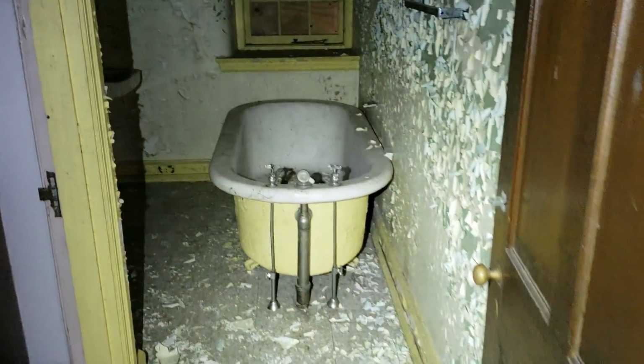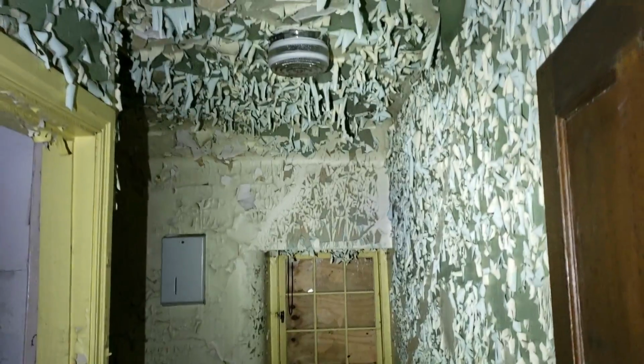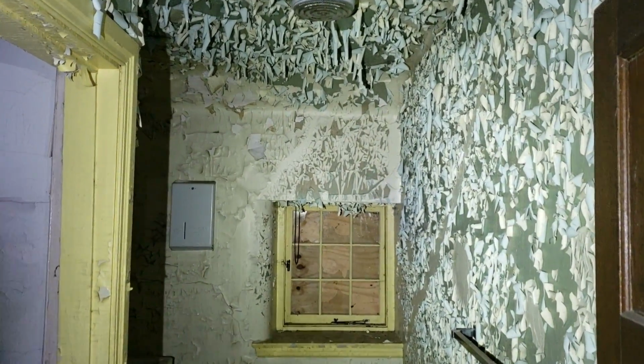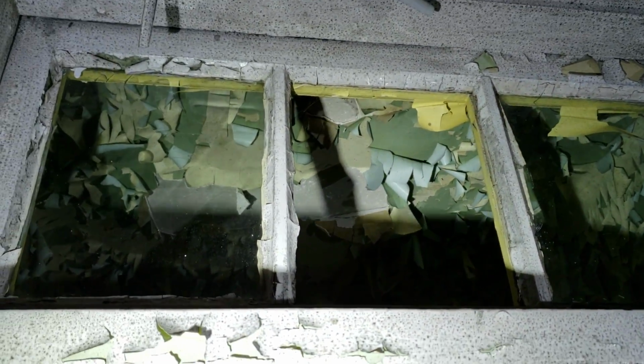Wow. Oh my God, look at this. Look at the ceiling. I know. It's like confetti. And the glass above you there. It's kind of unique glass. Yeah, it's above the other one too, we just came out of. Boy, that's wild. Oh, it connects to his bedroom. Wow, the grand...